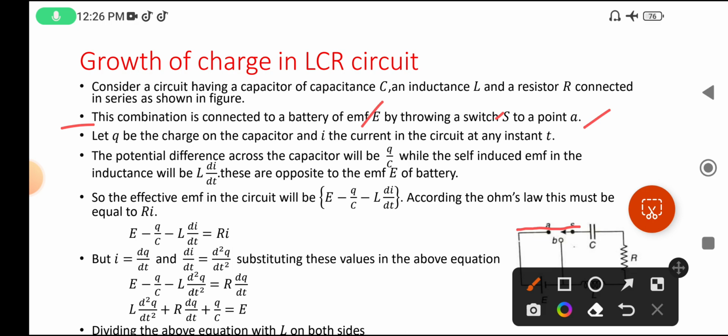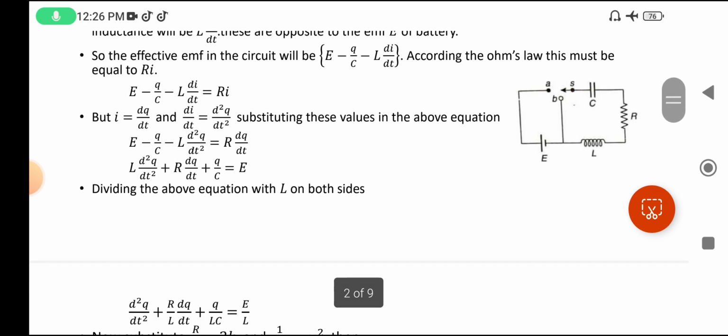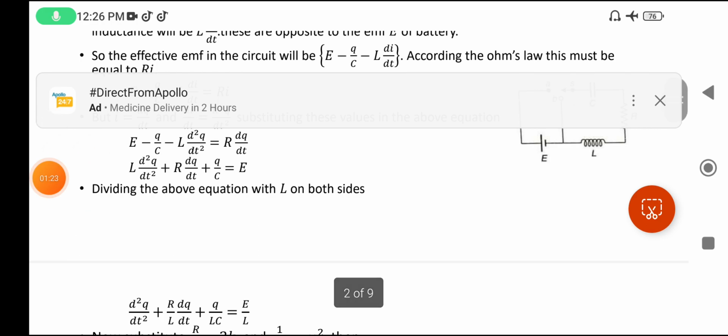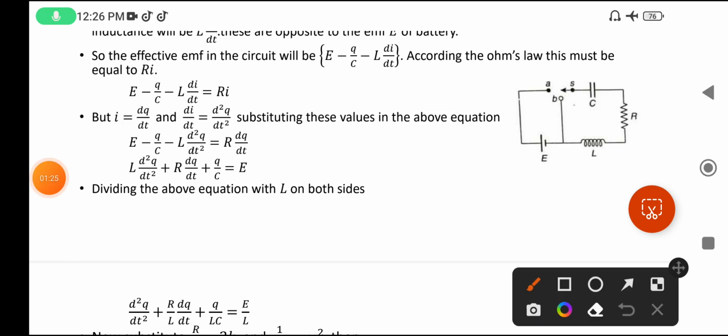So if you connect it like this directly to A, then what happens? It forms a circuit, a closed circuit like this. See here, it forms a closed circuit. In this manner, it forms a closed circuit. Okay, so when S is connected to A,